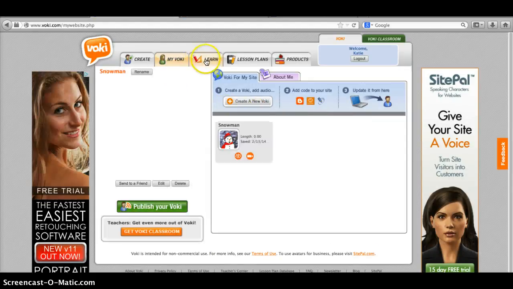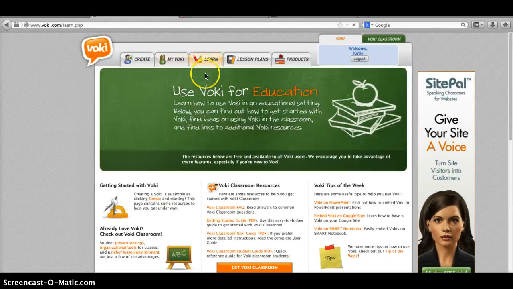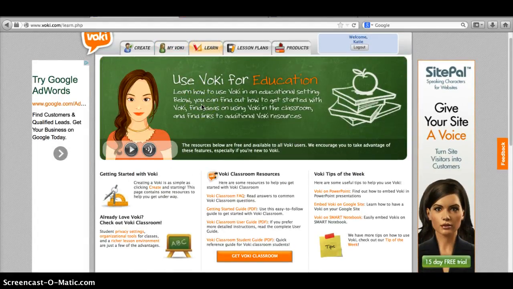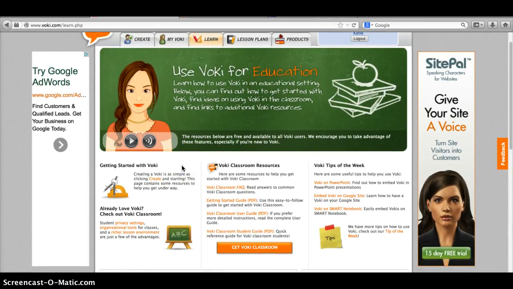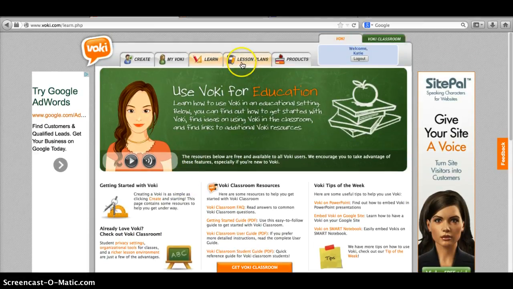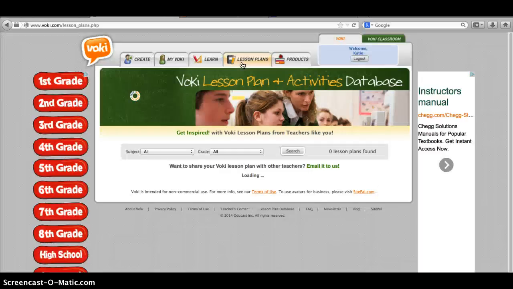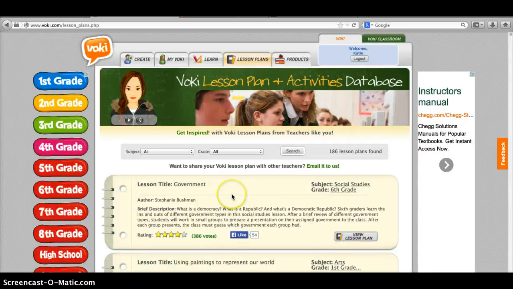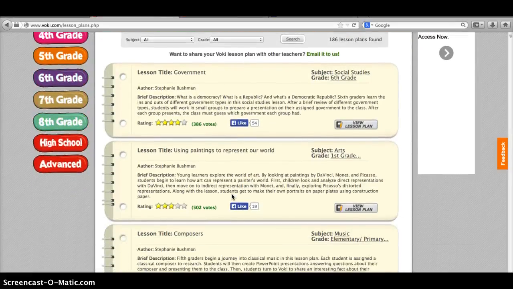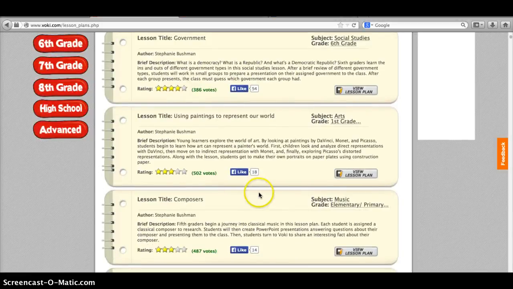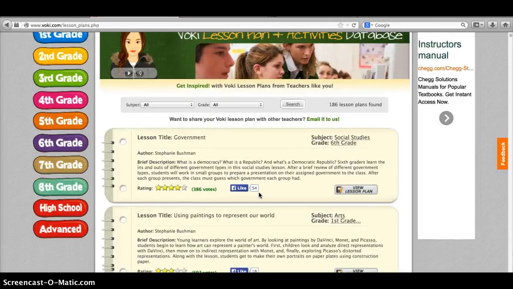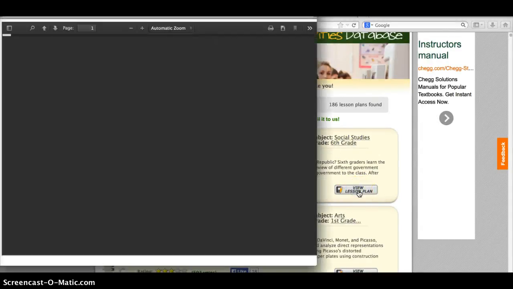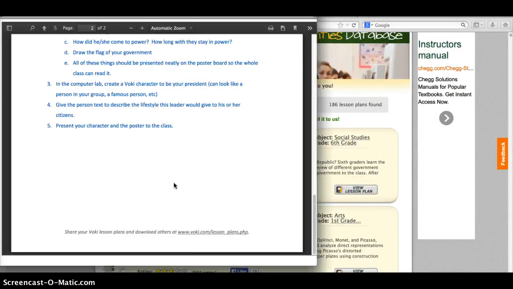So that's good. Then there's also like a learning tab, and it is used for education, and you can see that it's geared towards education. And I personally love the lesson plans tab because it gives you all of these lesson plans that teachers or whoever have written and that use the Voki program, which is really fun. Like I really liked this social studies one about government where they used Voki.